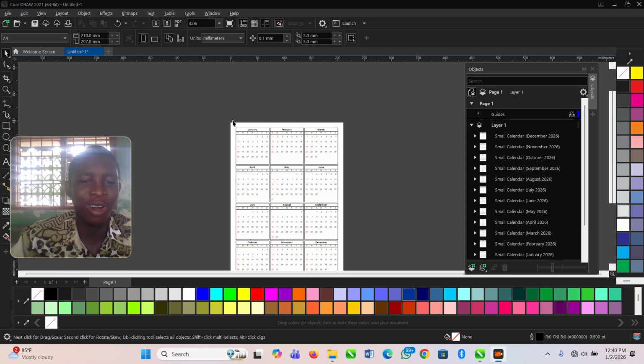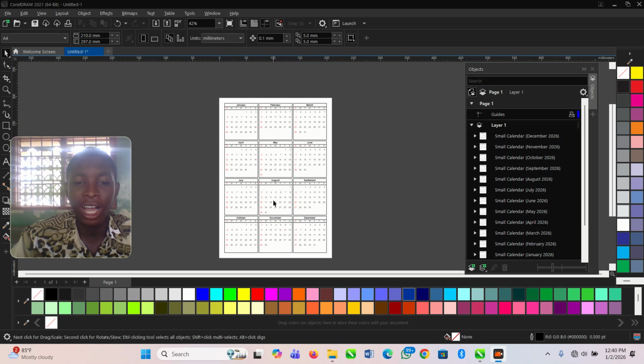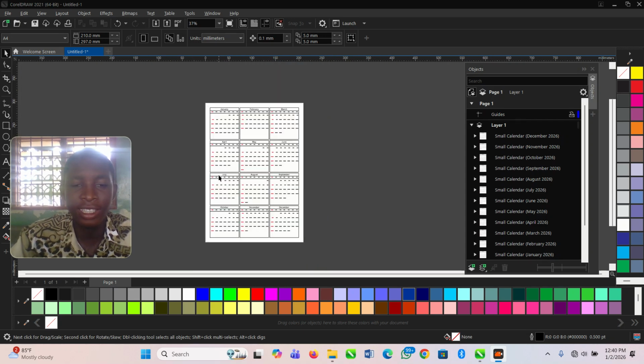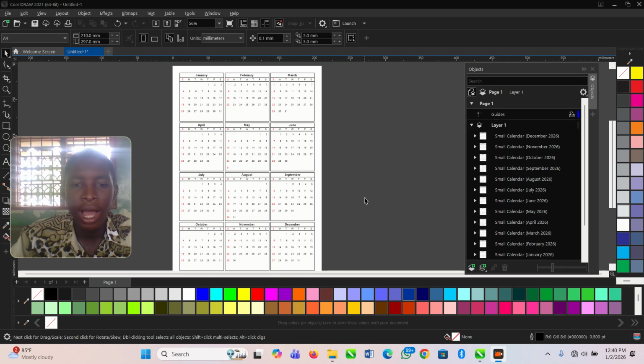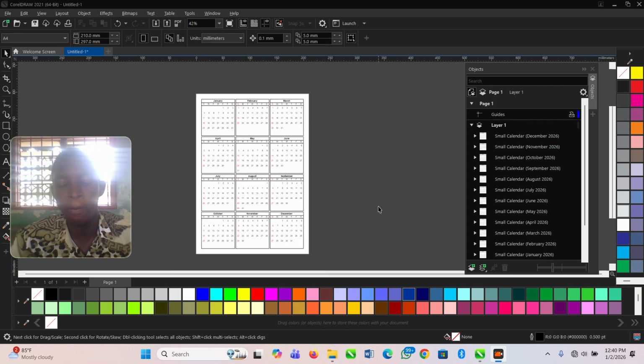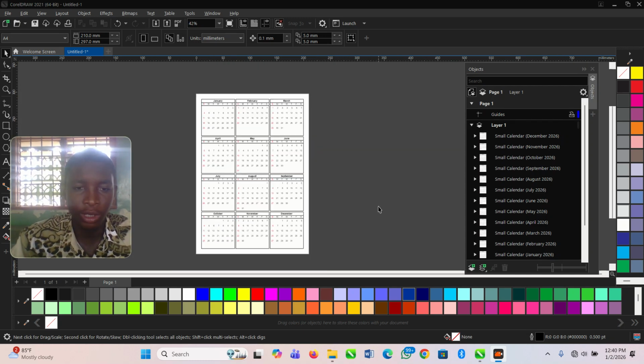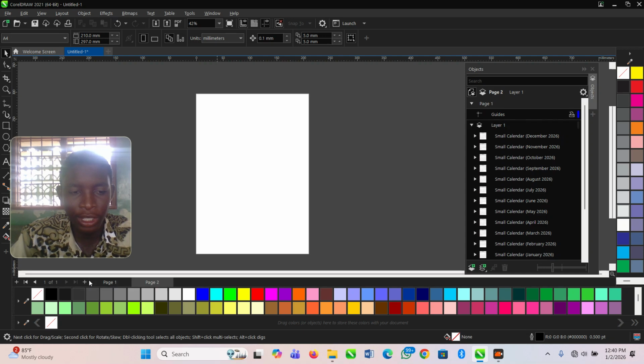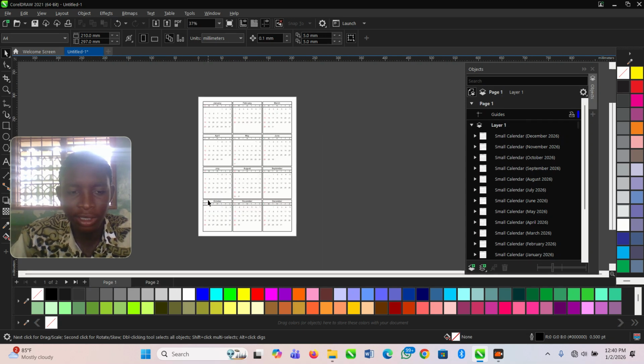Today I want to teach you how you can generate a calendar for your design. This is a 2026 calendar, and for you to do this, let's go to a new page. Control N. Let's create a new page, and then from here, to achieve this, you first of all go